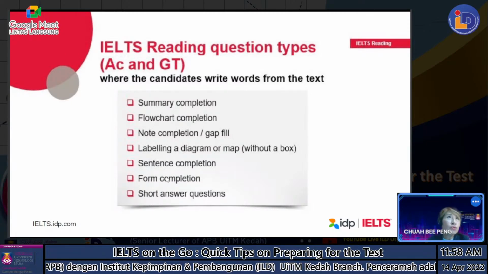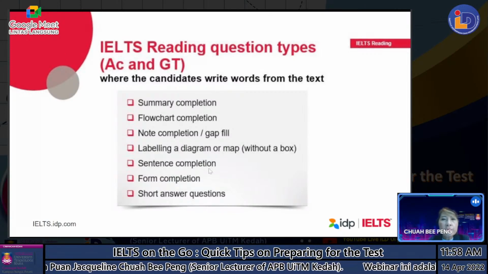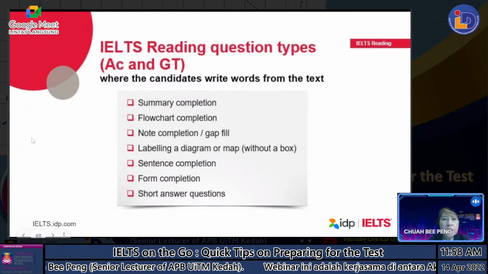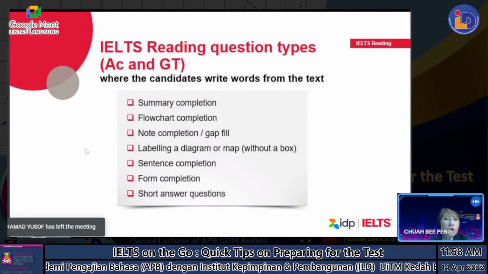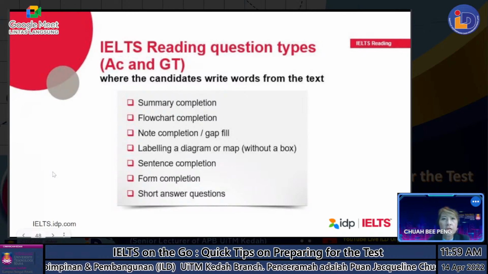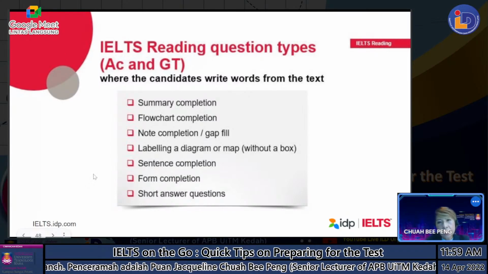Another thing that I need to remind you for your reading and your listening is that always read the instructions first, especially for the filling in the blanks. Sometimes it comes with a requirement. You need to fill in not more than 3 words or not more than 2 words. You have to follow. If in your answer you give, say, 4 words, when the word limit is 3, it will be considered wrong. Okay, you can have less than, but not more than.